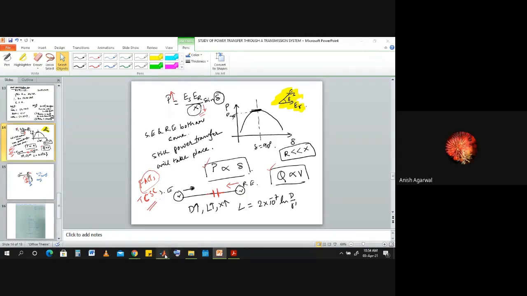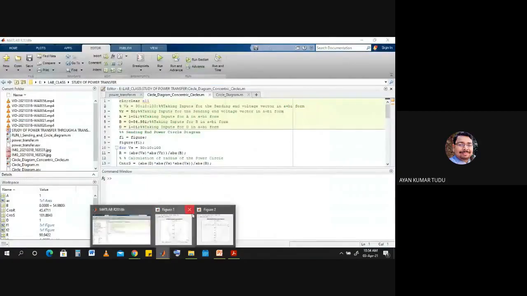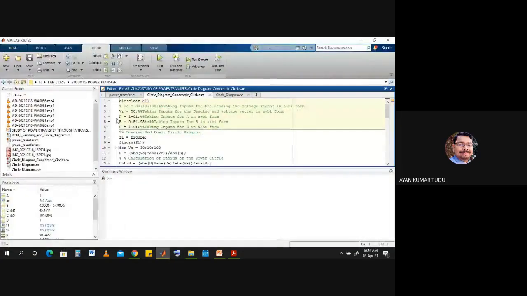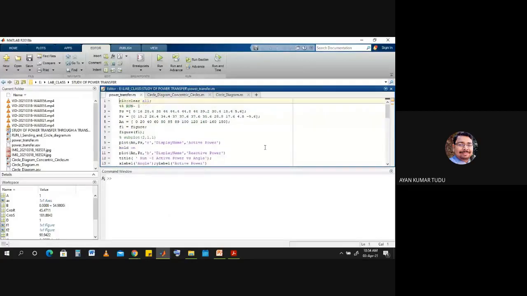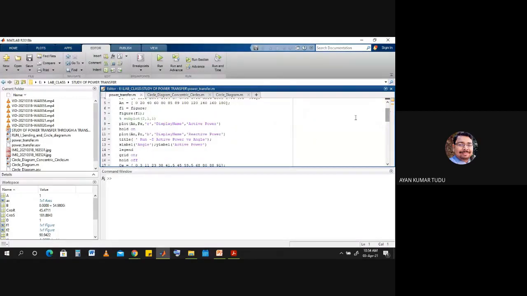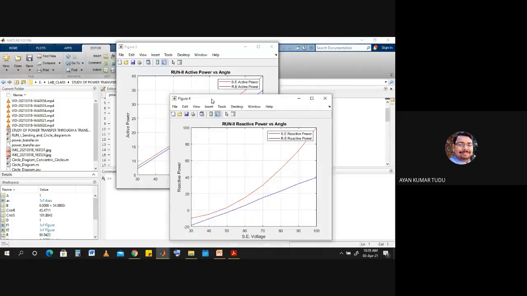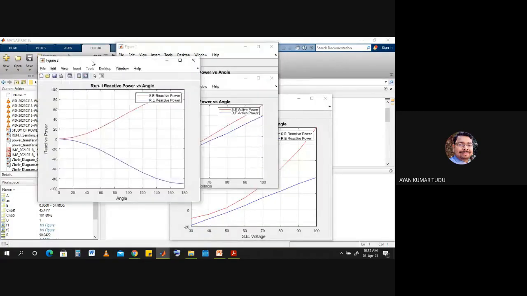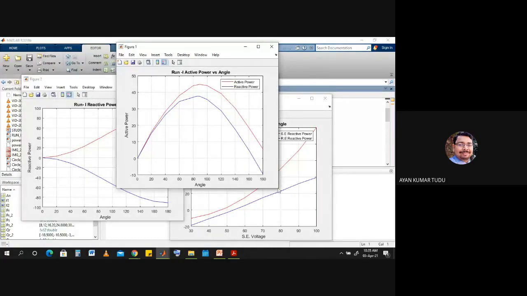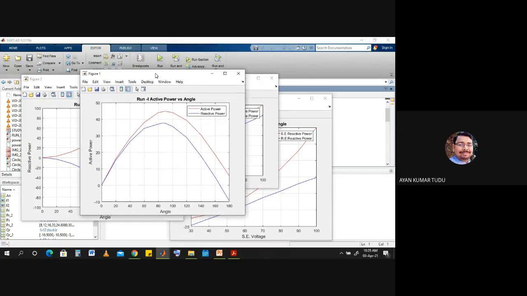Okay. Yes, sir. Okay, let's see the figures that we would have gotten if we had done the whole thing in our class. So what are the plots that we'll be getting? Let us see that one. Four figures should be coming. So here is our run one. As you can see, this is the run one figure. I hope it is visible.